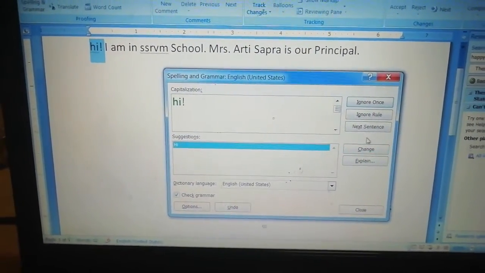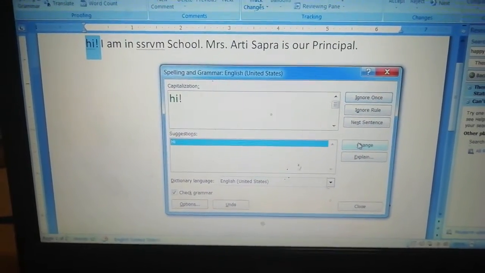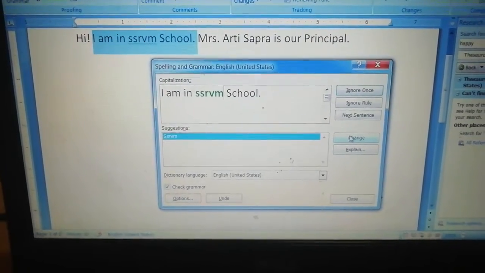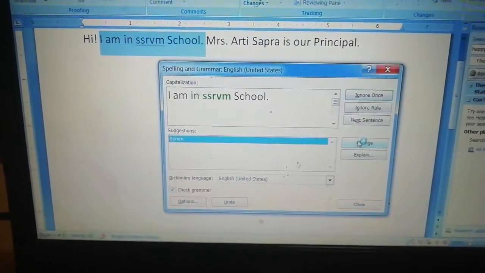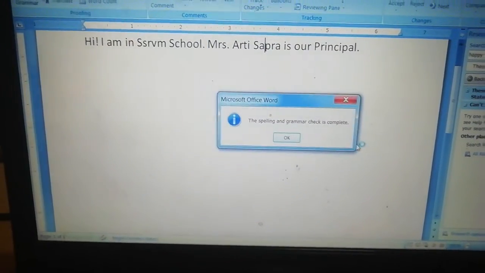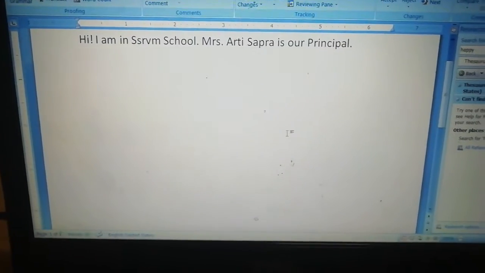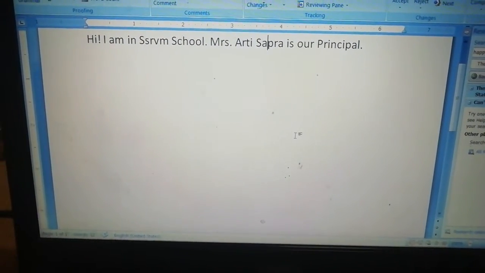Now again it is showing me green wavy lines, which means it's a grammar mistake, Hi. So here I am selecting Hi. Now it corrected that grammar mistake. Again, I am in SSRVM school, again I am changing that word. Now it is showing me that there is no grammar and spelling mistake.